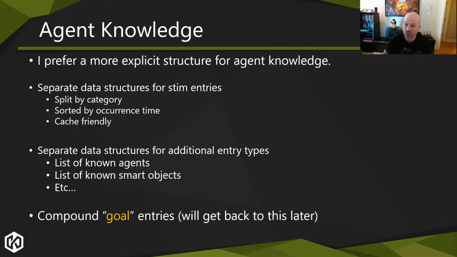If you know that that's something that you're doing a lot, for example, you want the 3 best covers closest to me, you might want to sort all the cover entries by distance, and in the 10 behaviors that are checking for cover, you don't need to do that search 10 times, or come up with another system that then caches queries to the knowledge, and then you access that from multiple places, and then somebody has to clean that. I've seen these sort of hacks being built to improve performance on top of a blackboard, where they basically build a cache that sits in between your behaviors and your blackboard, which is sort of the worst of both worlds now.